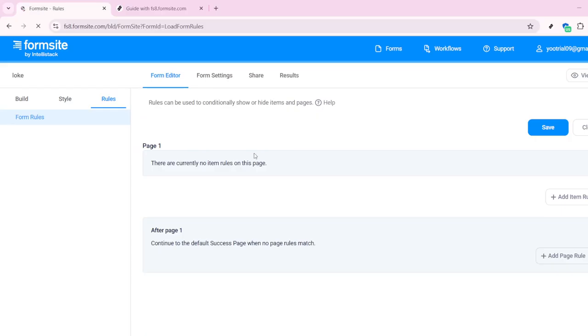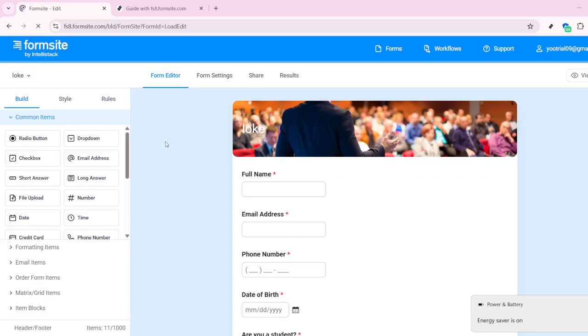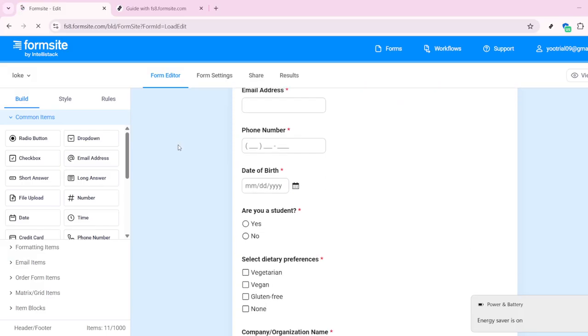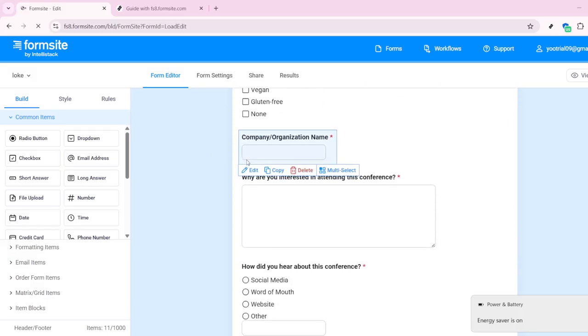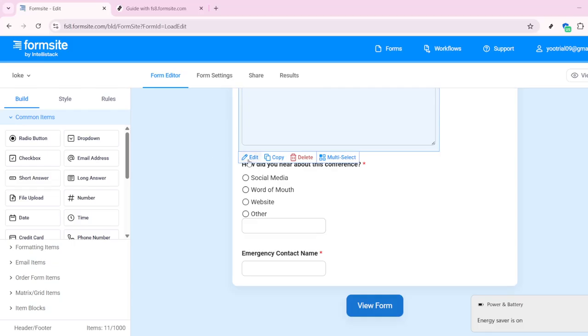To share your form, click on Share and then Form Link to grab your unique URL. You can distribute this link via social media, email, or even embed it on your website using the provided HTML code. Managing responses is crucial. Visit